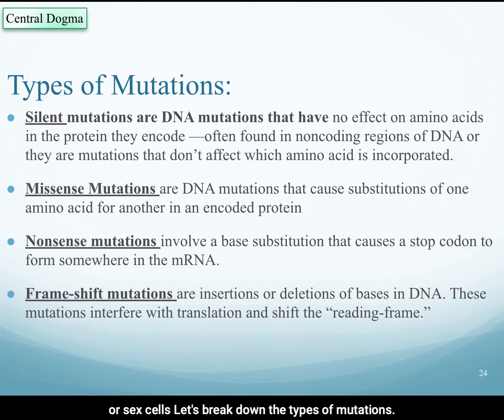Let's break down the types of mutations. There are silent mutations, where the DNA mutations have no effect on amino acids in the proteins that they encode. These are often found in non-coding regions of DNA, or they are mutations that don't affect the amino acids which are incorporated. There are missense mutations, where the DNA mutation can cause the substitution of one amino acid for another